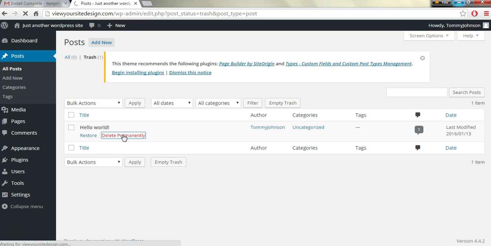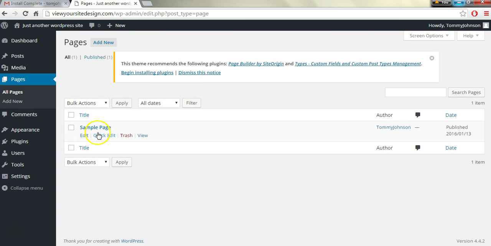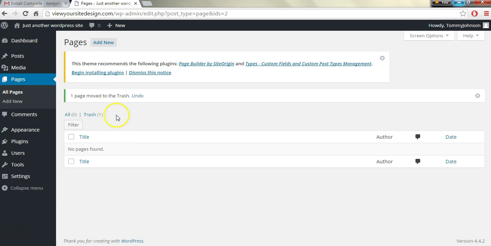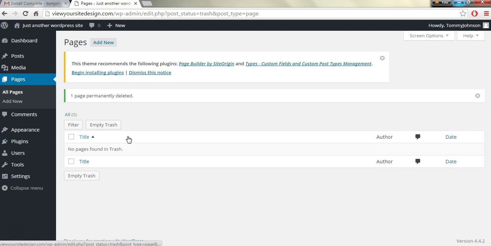and now we'll go within the trash section and we'll delete it permanently. Next, we can go to where it says pages, and by default it comes with a sample page as well. In this, we can click trash again and then go to the trash can here, and we'll click delete permanently. Also, we can go down to where it says plugins,